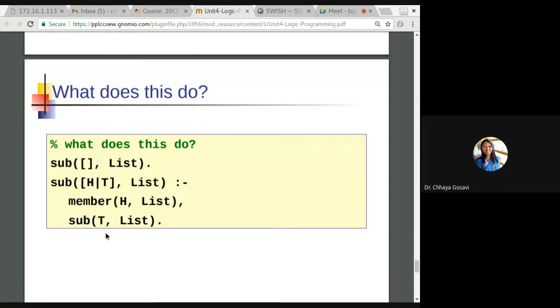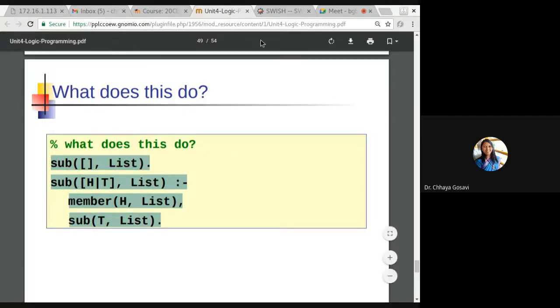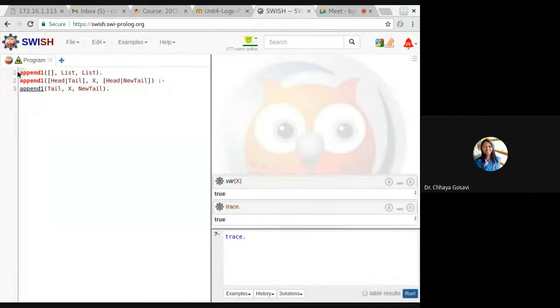What does this code do? It is a recursive statement. Like this function will do append. Here what it will do? Sub of empty list, and the rule is sub of list comma list, where the head should be a member of the list and for the remaining part, it should call sub again.